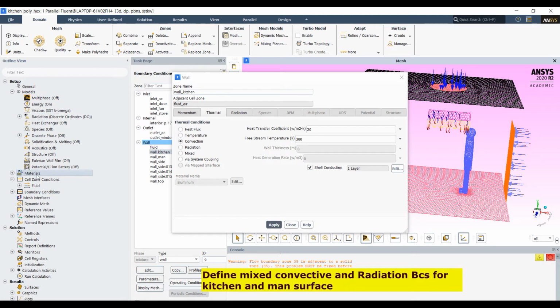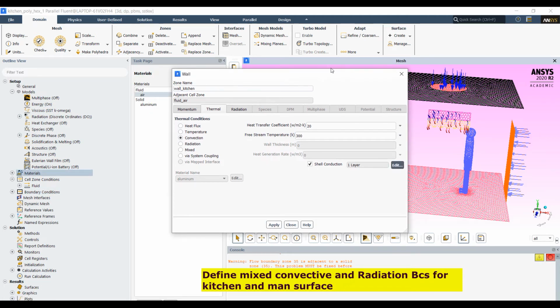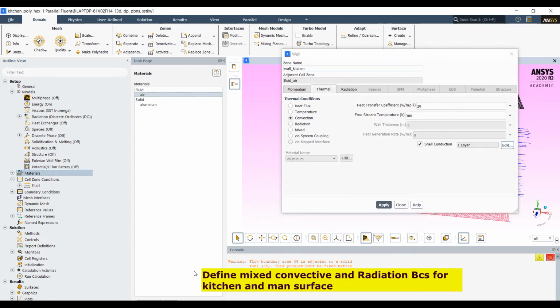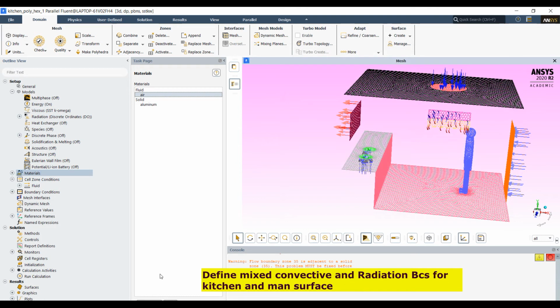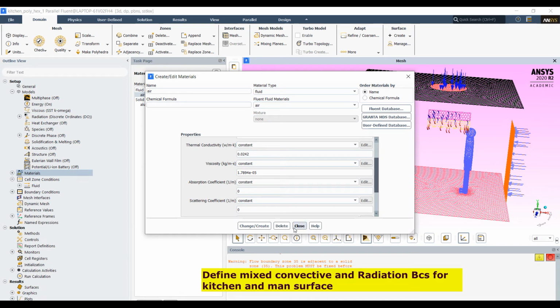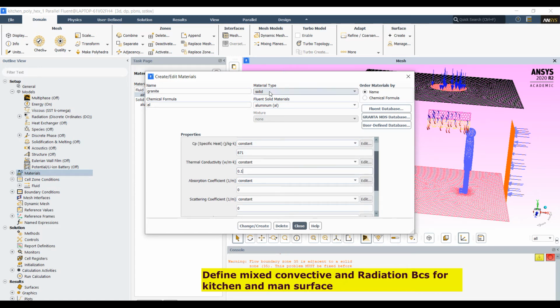Here I have to select some material in solid. Select the material here. Go to the Fluent database. Go to the solid, and here I am giving some material such as granite. Granite has a thermal conductivity of around 0.1. It is considered as a solid.